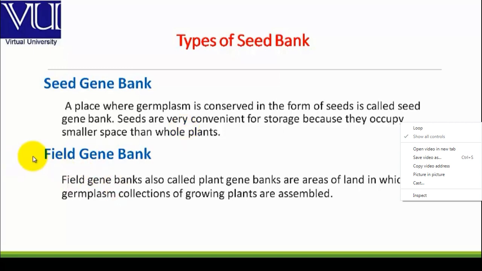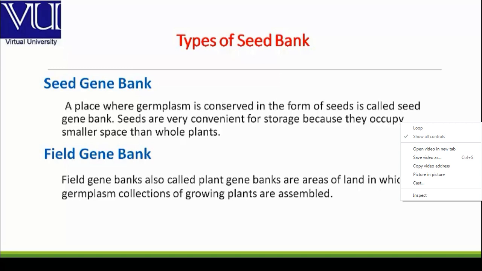The next type is field gene bank. Field gene banks, also called plant gene banks, are areas of land in which germplasm collections of growing plants are assembled. In a field gene bank, germplasm is maintained in the form of plants as a permanent living collection. They are often established to maintain working collections of living plants for experimental purposes. This type of conservation has some advantages, like it provides opportunities for continuous evaluation for various economic characters, and it can be directly